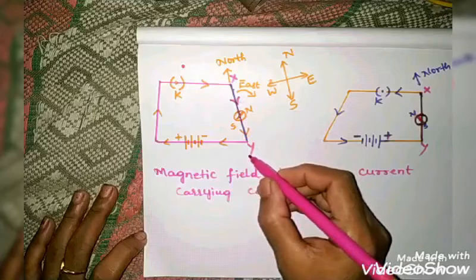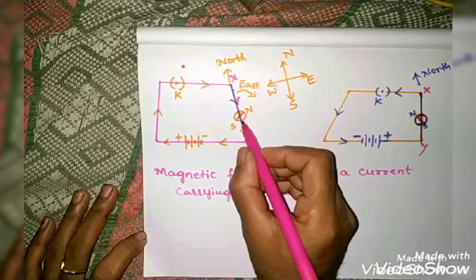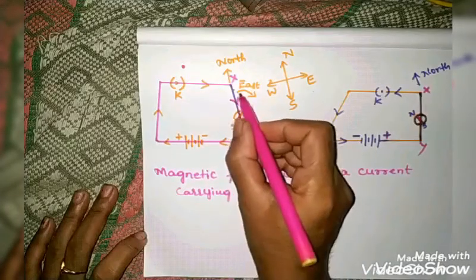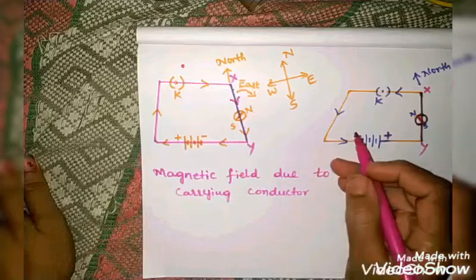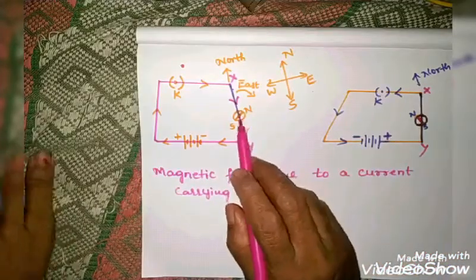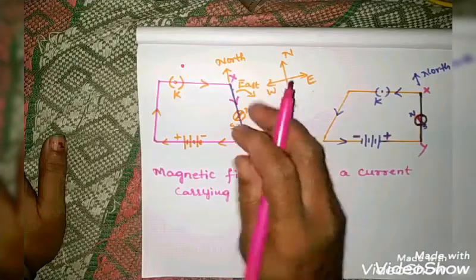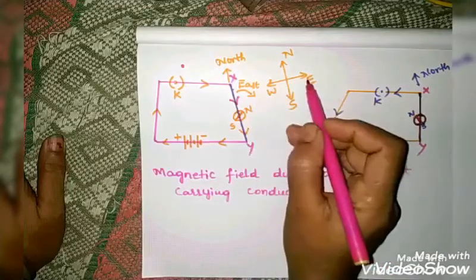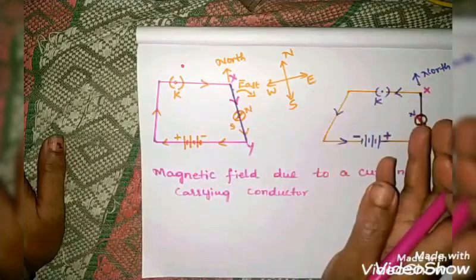So, north-south direction. During that, what happens? The deflection is observed. When we observe the deflection here in the magnetic compass, we can observe here that the needle of the magnetic compass is deflected towards east direction, eastwards. Here this is the east direction. You can observe, children. The deflection is seen to the east direction.